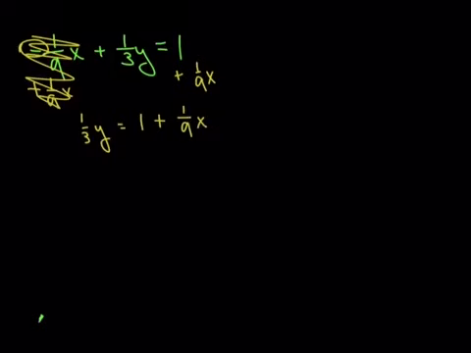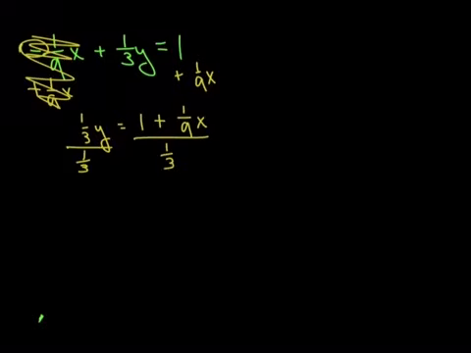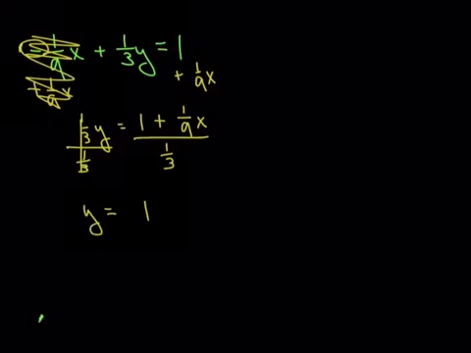Alright, so now what do we do? We have a 1/3 times our y. We've got to get rid of that 1/3. It's multiplied there, so in order to get rid of it, we divide it. Like that. Cancel those. And remember, we never divide fractions. So let's invert and multiply this. So we'll put 1 plus 1 over 9x